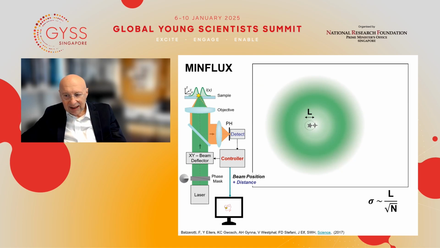That has not changed. That's part of the Poisson statistics, but it doesn't matter. But what has changed is that it is the wavelength lambda that plays a role. The wavelength cannot be changed. Once you've used a certain laser, it's fixed. But this distance L is, so to speak, the average distance between the molecule and the donut zero, meaning that if we manage to reduce this distance on average,